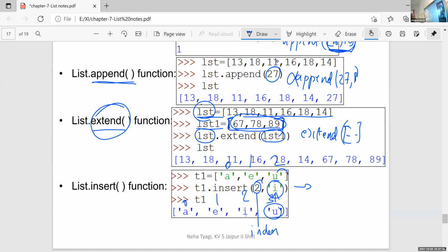Write a statement to insert J, small letter J, at the first position.